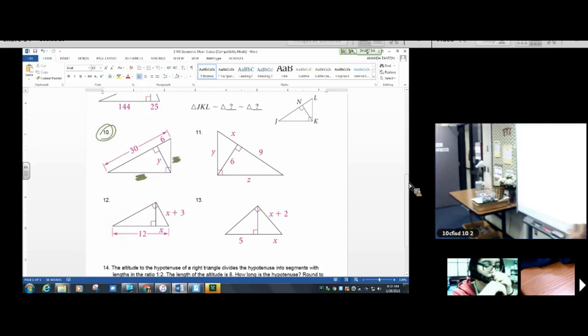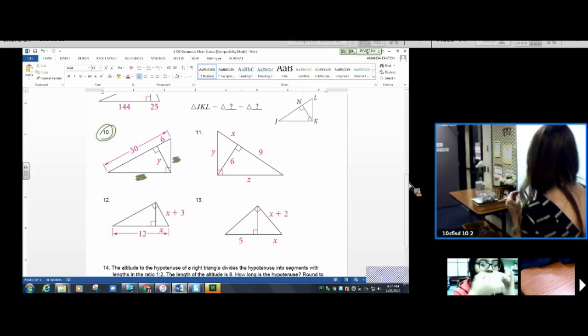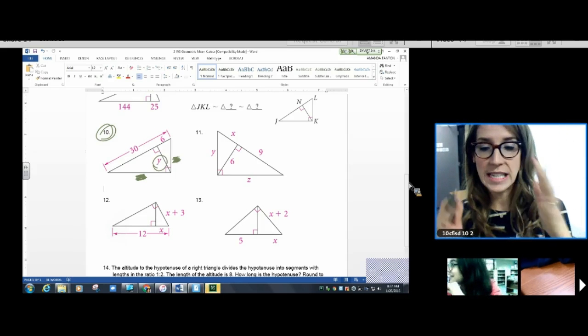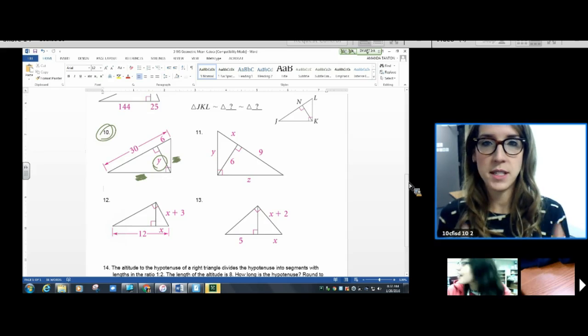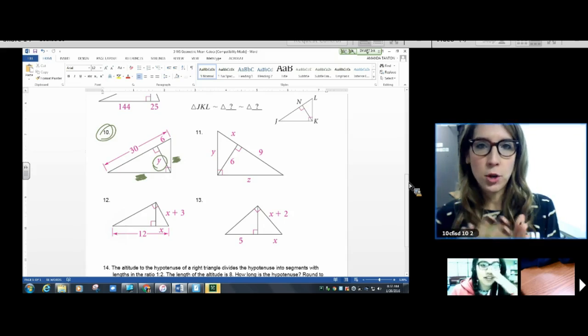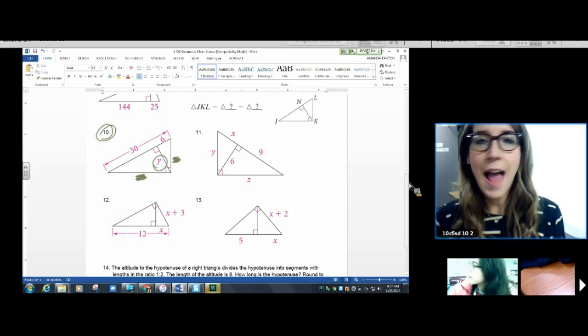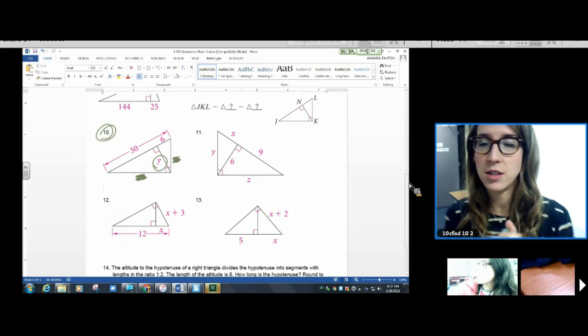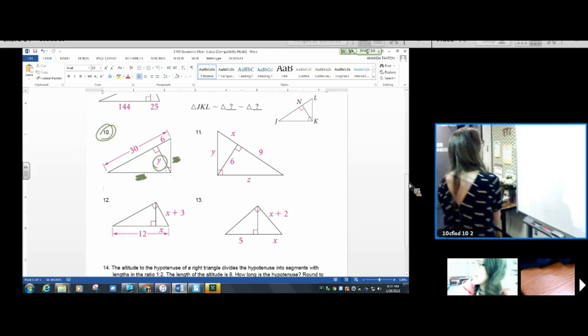Anyways, okay. So we are trying to solve for y. And we need to know which proportion to use. There's 2 proportions. Have them sitting in front of you right now. You pick the proportion based on what you're looking for. I'm looking for the altitude. Only one of those 2 proportions has the word altitude in it. So I'm going to use the one that says